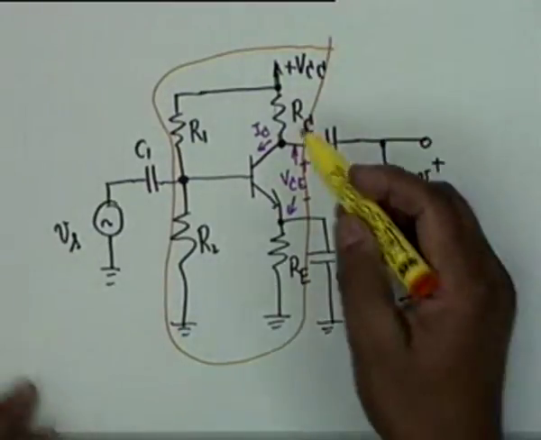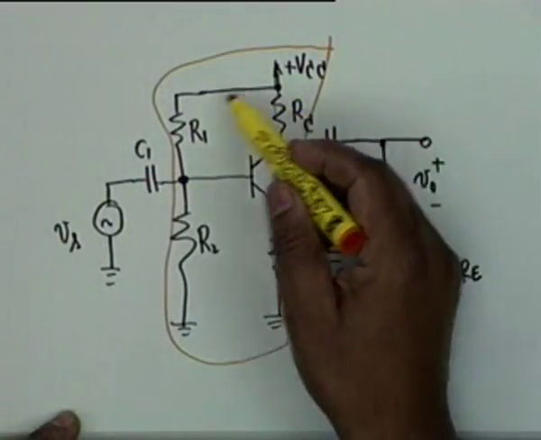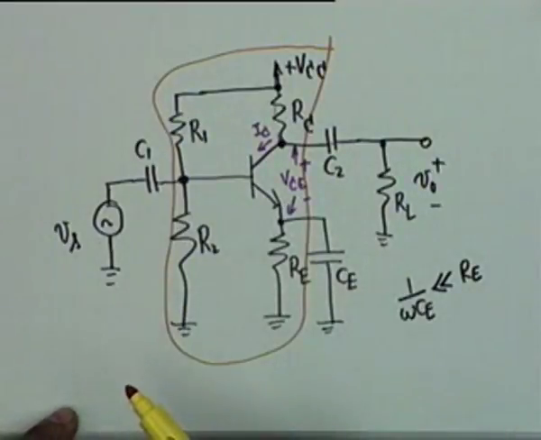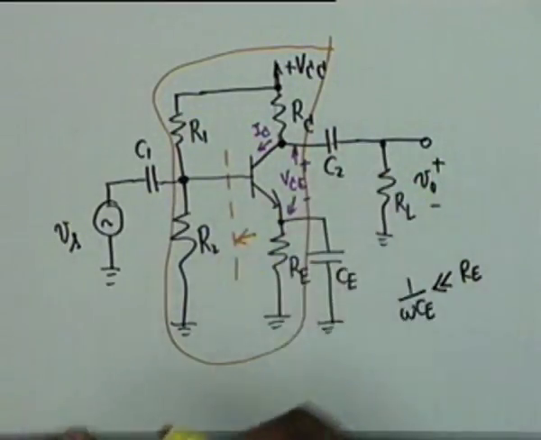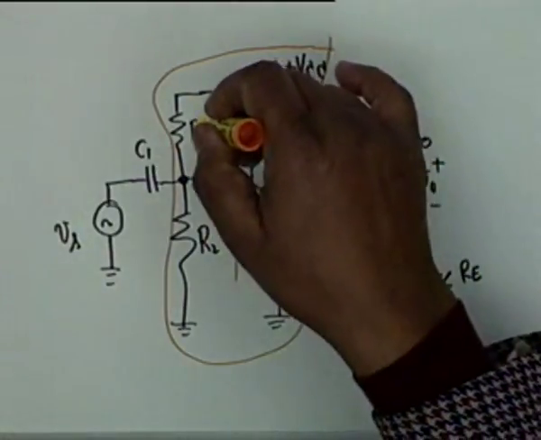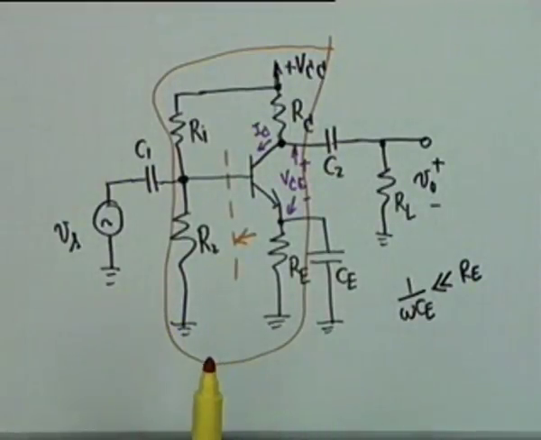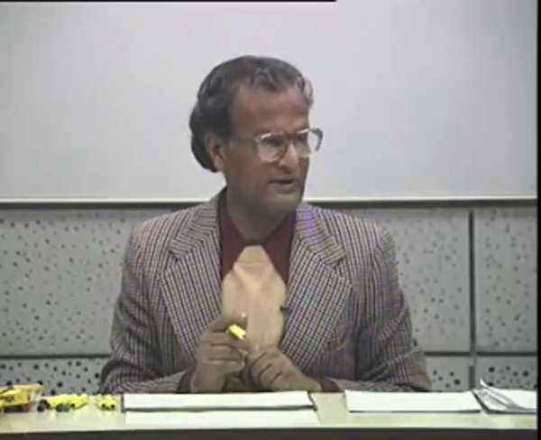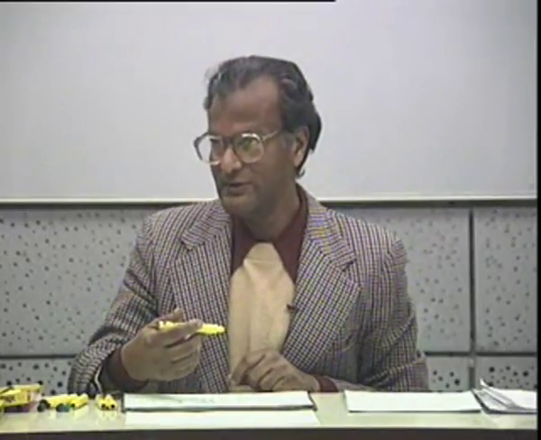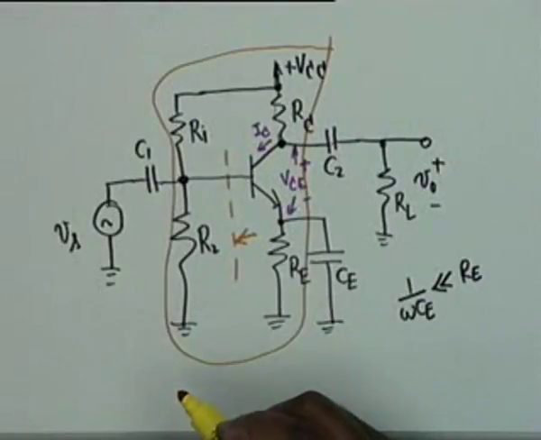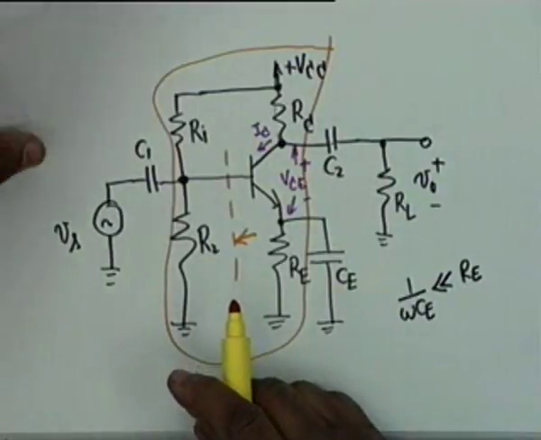Also, you notice that VCC, the voltage source, is applied across R1 and R2. It is a potential divider. So, if I apply Thevenin's theorem to the left of this line, I can replace VCC, R1 and R2 by an equivalent voltage source, which is VCC R2 divided by R1 plus R2, the open circuit voltage, and the effective resistance looking back, which is R1 parallel R2. Alright. So, if I do that,